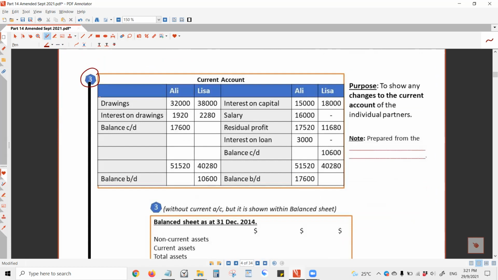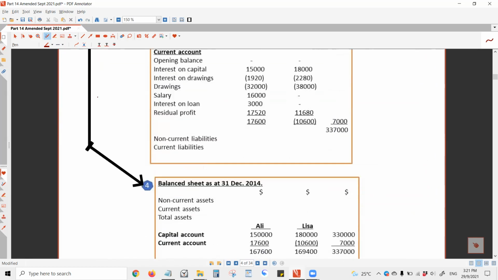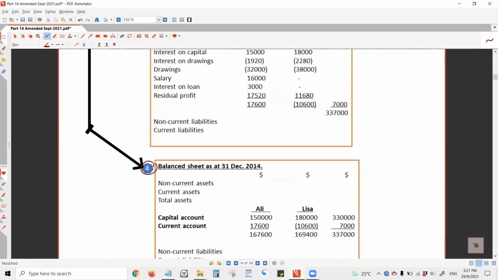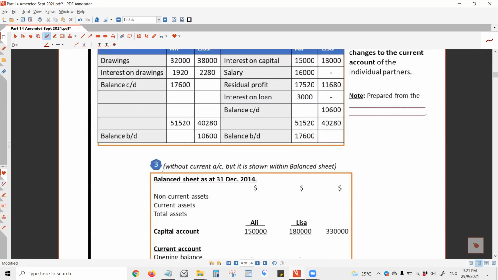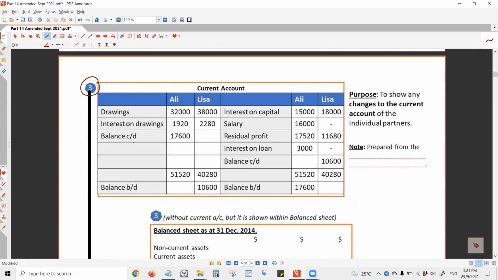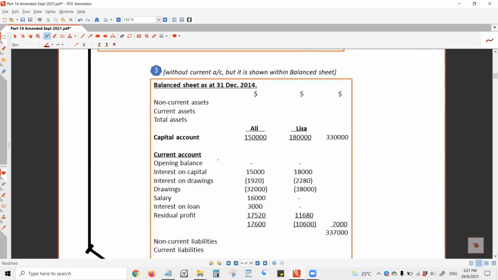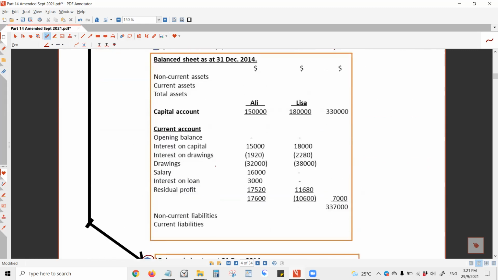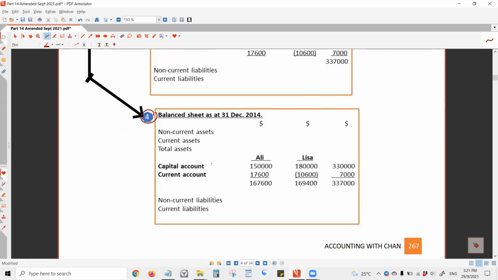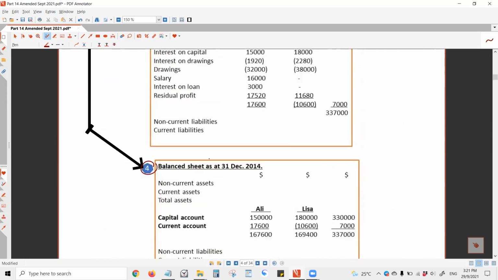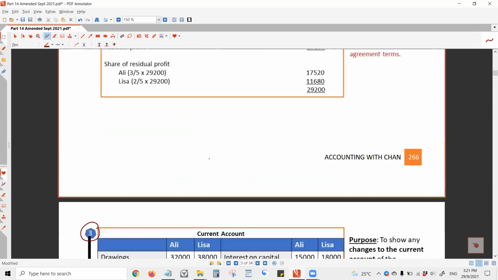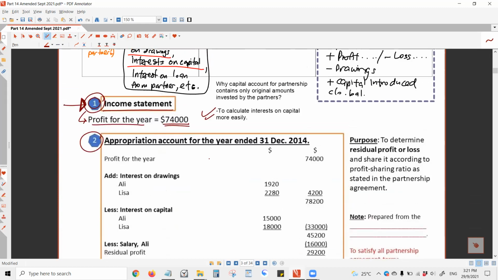Then there's an arrow drawn all the way down to step 4. If you don't have the arrow, you draw it yourself. I'm not too sure if you have the arrow. You draw an arrow starting from step 3 all the way down to step 4. The one that appears in the middle, I explain later. So altogether 4 steps, then you are done with the learning, really. Not much. So the income statement, you know how to do; I don't explain it. 74,000 profit for the year.